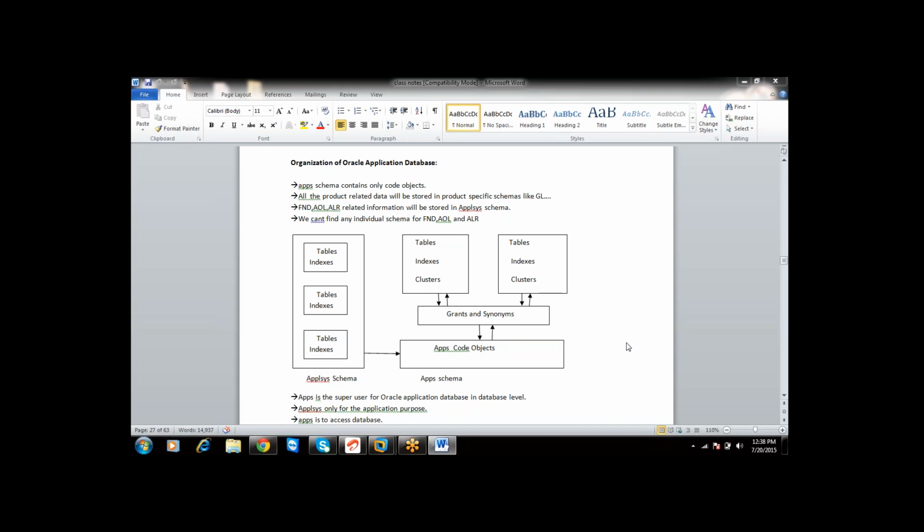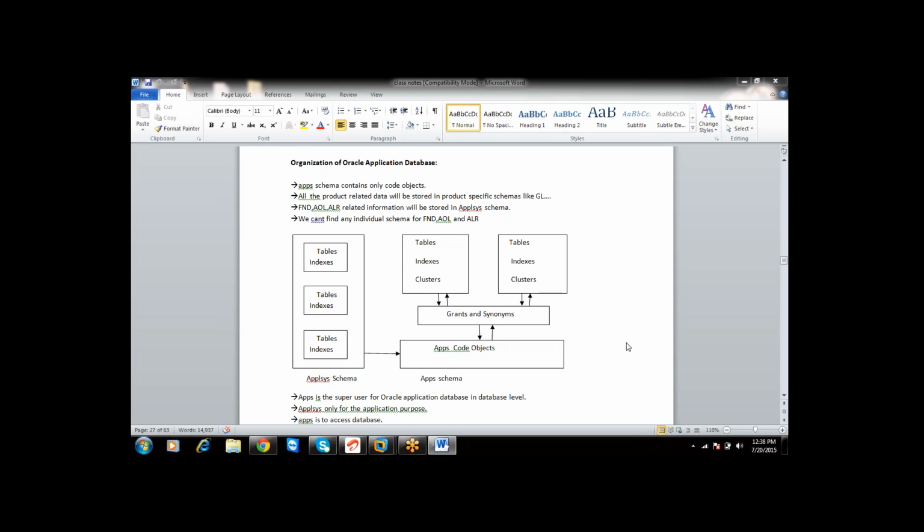Let us take an example of invoices. From the front end, one user is trying to fetch some information related to invoices. Are you getting the point or not? Invoices are related to application payables. In the database, there is a schema called the AP schema. Under the AP schema, there is a table called AP_INVOICES, which stores the information about invoices. So when any user tries to fetch information related to invoices, the data will come from the AP schema table.